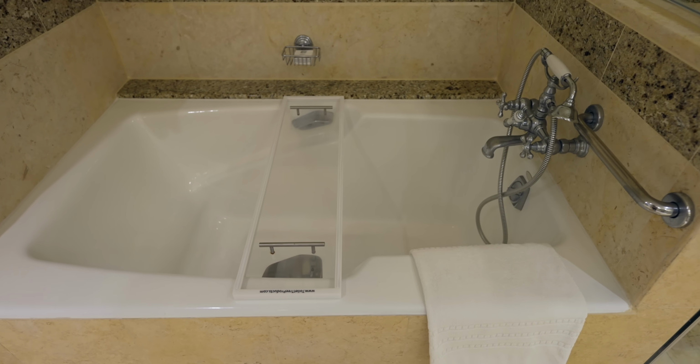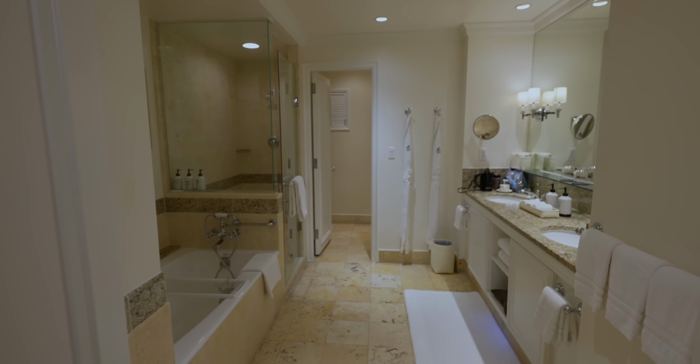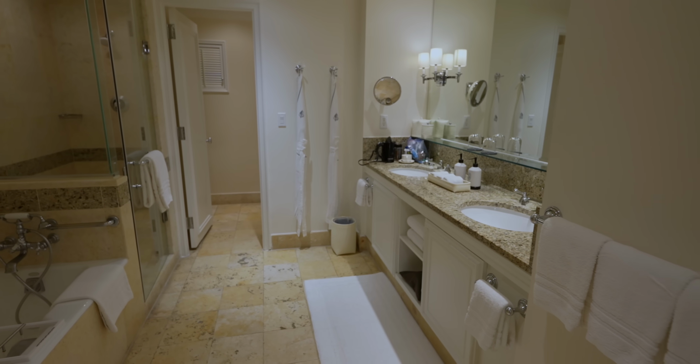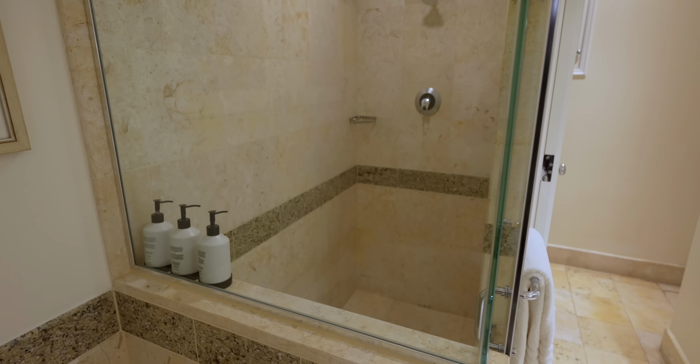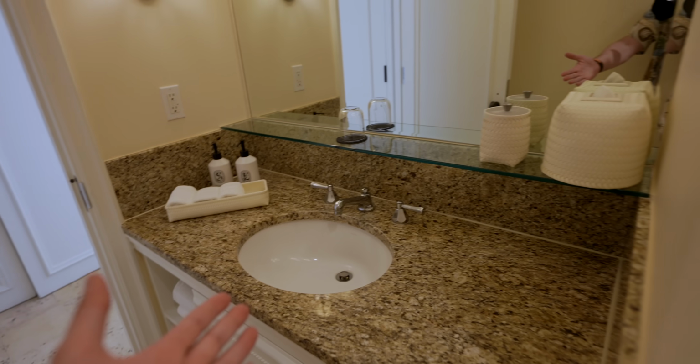And before we even get into the bathroom, we have even more storage. We have a small storage closet right here. Heading into the bathroom, we have a tub, which is beautiful. We have a double vanity sink with storage underneath. Inside the shower is a massaging shower head. And then coming into the side, the commode here is so big, it's actually a half bath. So you have the commode behind me, and then of course, a full-size sink, and that goes straight into the